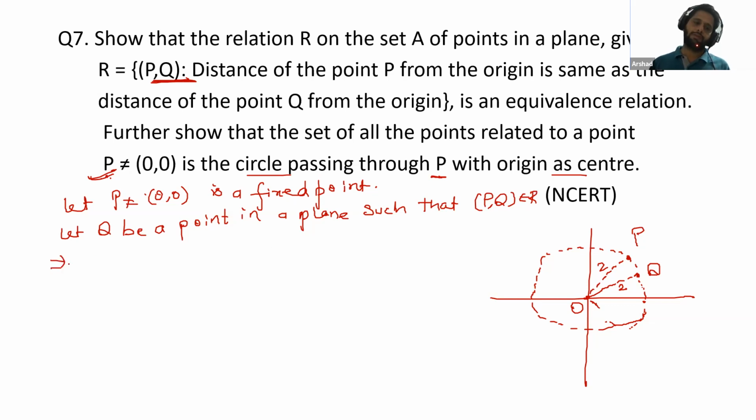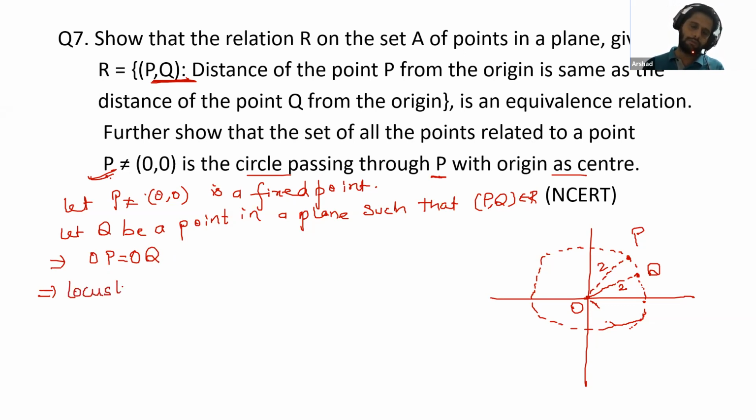This means OP is equal to OQ. Now, this Q point is not fixed, we have assumed a general point in a plane. So we can say this represents the set of all the points. If we select all the points whose distance from the origin is equal to OP, then this implies